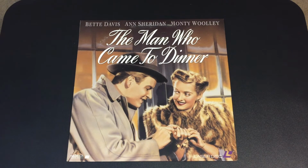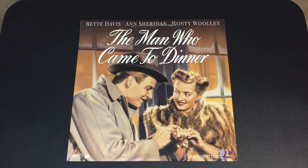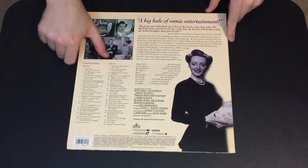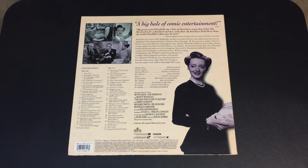I do like the cover art, and even though it is a bit stylized as MGM UA would do with all their classic titles, it looks really nice and has a digital mono track. It's just a single disc because the film is a bit shorter, but it does include the original trailer and the rear art is pretty nice. So all in all, a nice solid catalog upgrade for this film, which eventually came out on DVD, but I